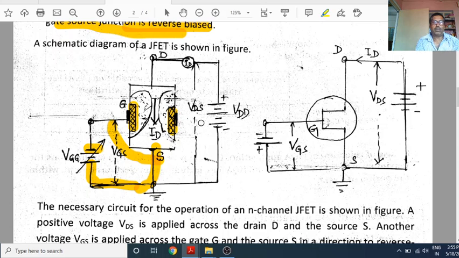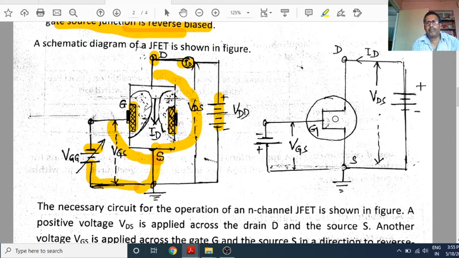Now come to the right side. This is drain, and this is source, and a battery is connected here. VDD means voltage applied to the drain terminal, connected between drain and source, so it will give the voltage between drain and source, VDS, and this is the drain current, ID. Here you can understand it in a better way.